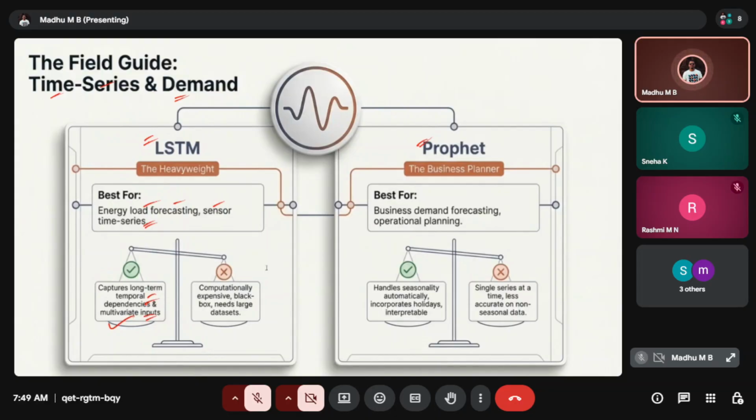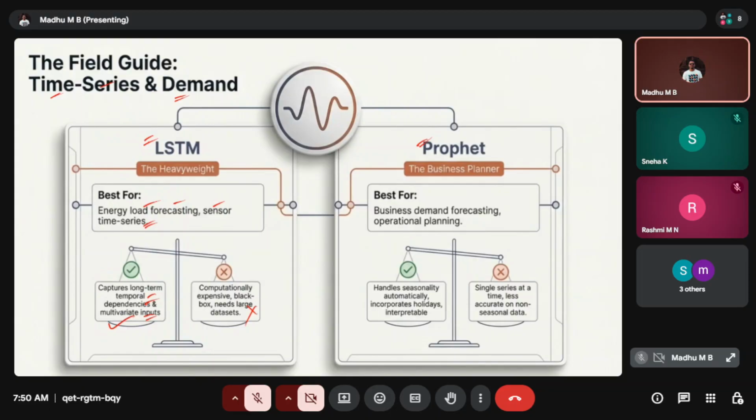Coming to the weakness part: it has compulsory expensive compute needs, and it needs larger data sets. If we are using smaller data sets, it will not work, because these models are already trained on larger data sets and are capable of analyzing them.